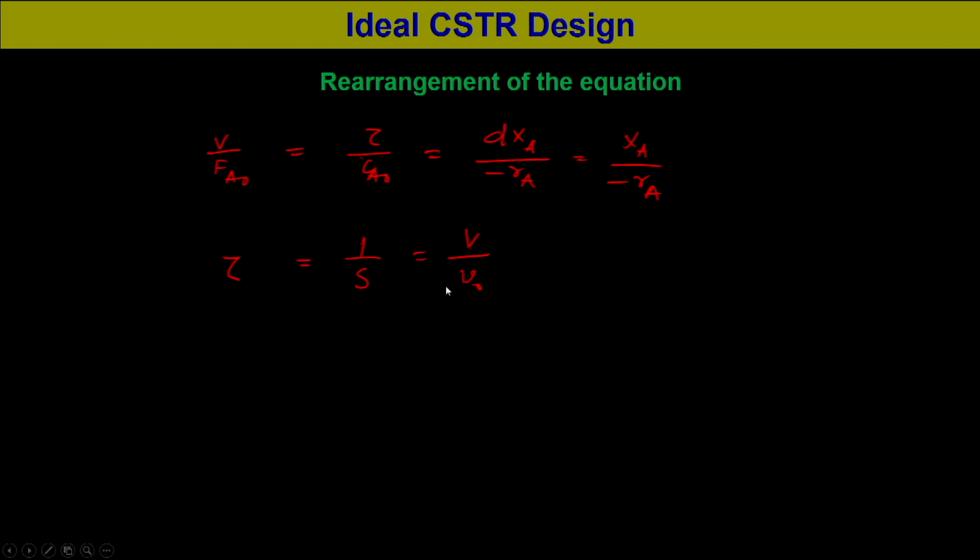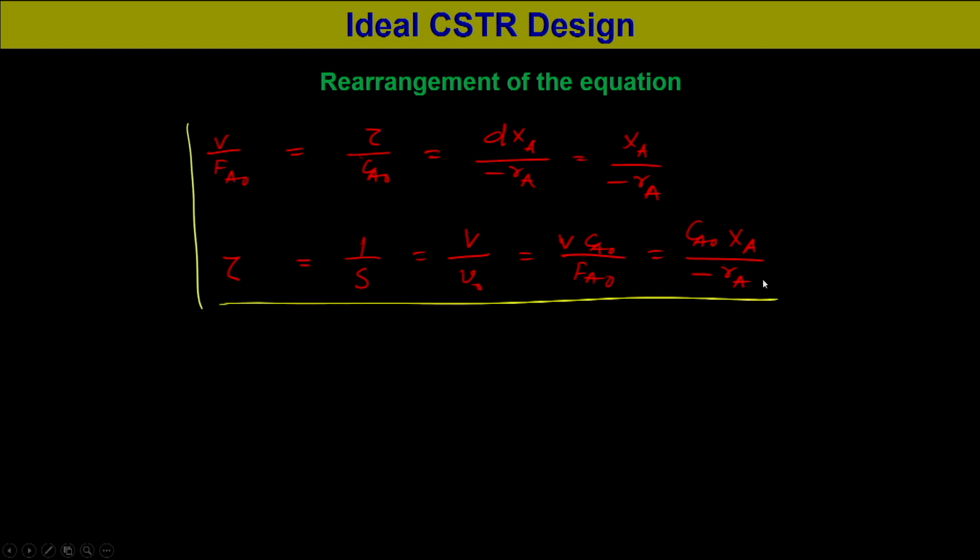We have done before the relations between the space time and space velocity would be equal to V into C A naught divided by F A naught, which is equal to C A naught x A divided by minus R A. So, this relation after the rearrangement is valid for any epsilon A,